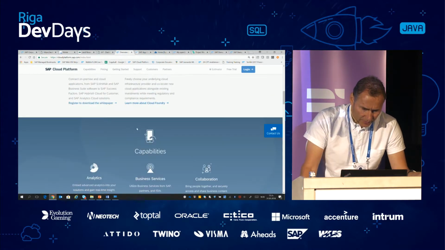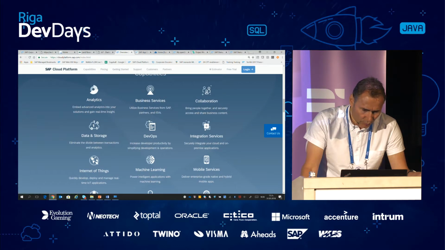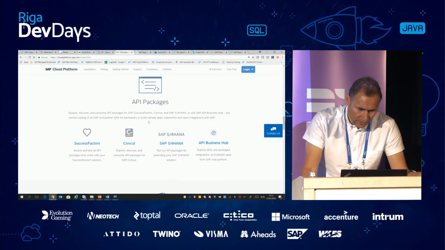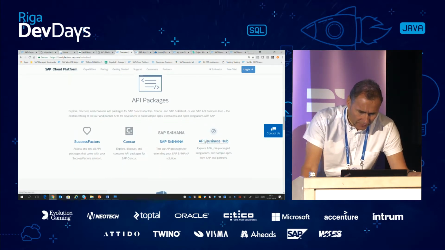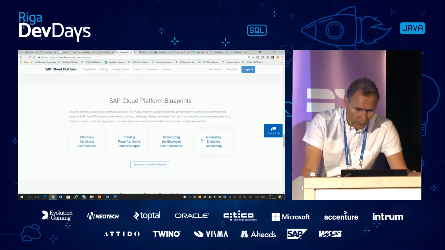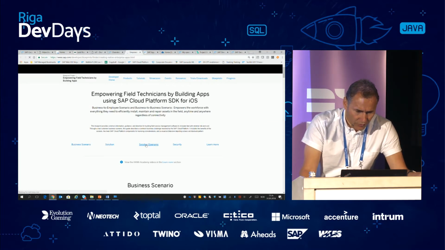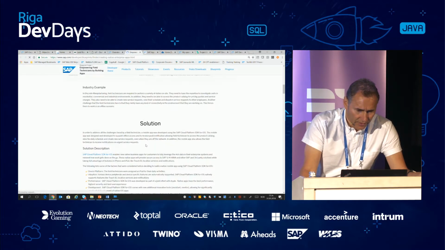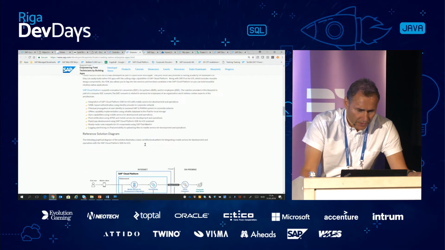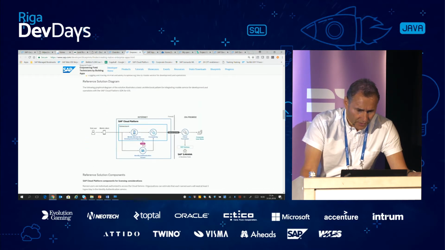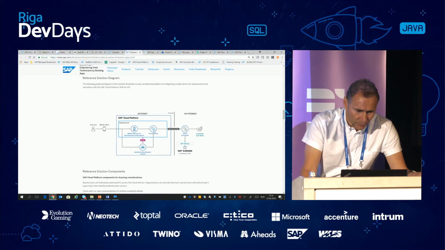Here you can also see the different capabilities that are provided, access to the APIs, and also some Cloud Platform blueprints. I'm just clicking on one of the examples. So here you get detailed information about the blueprint, how to connect to the backend,